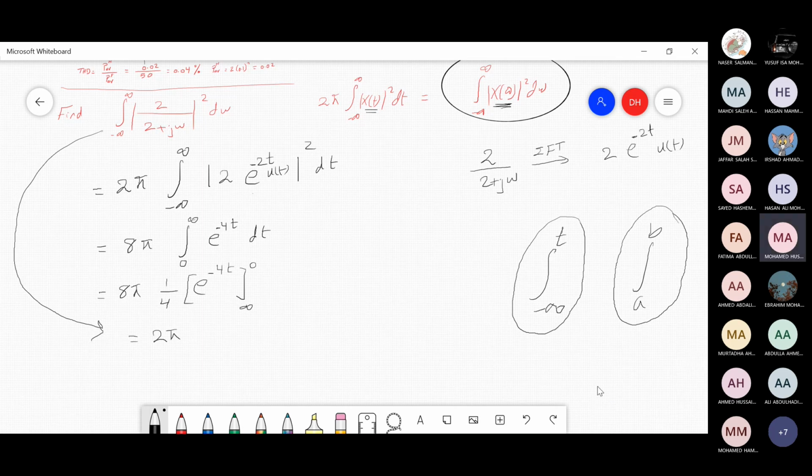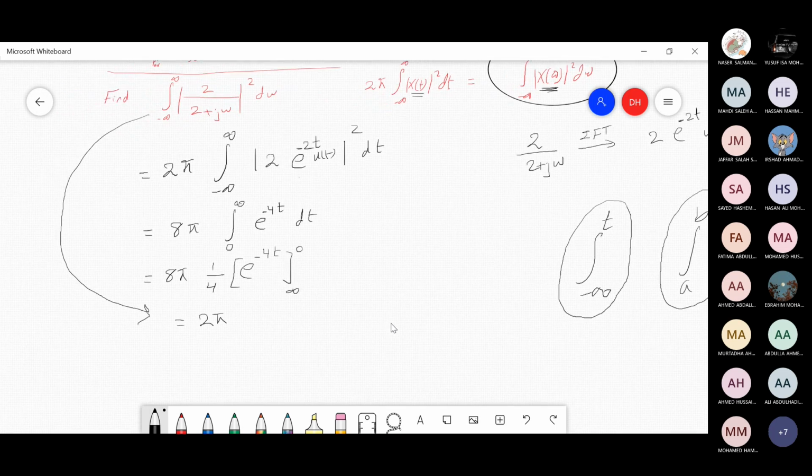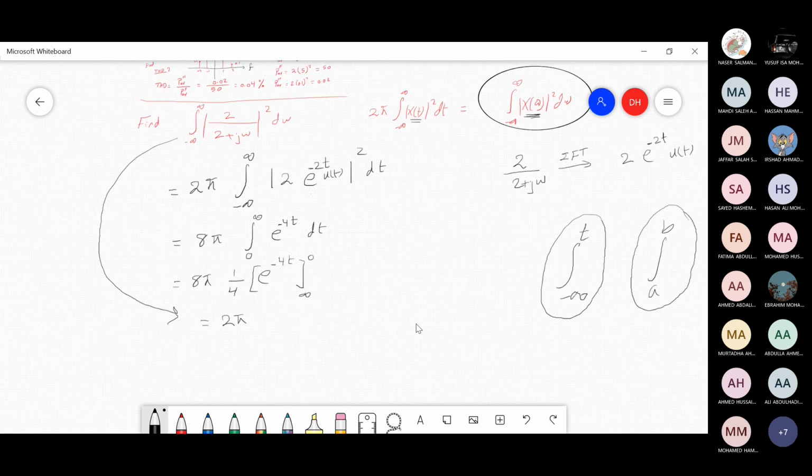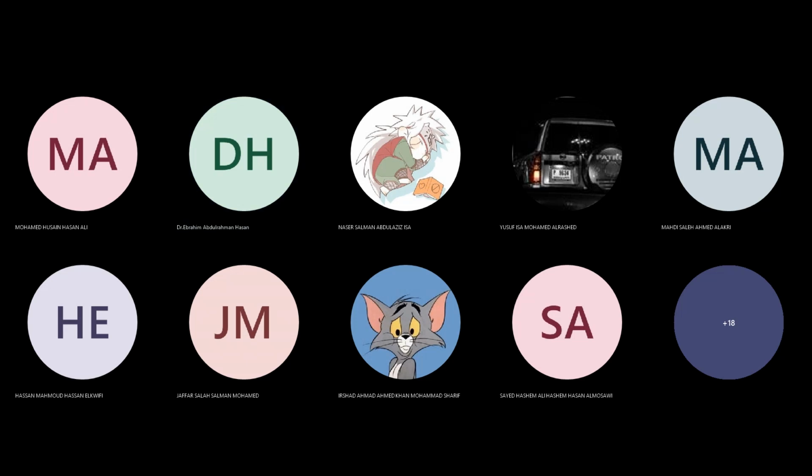تمام دكتور، هي واضح. definite integral وهذه indefinite integral. واضح؟ واضح تمام. أي سؤال آخر؟